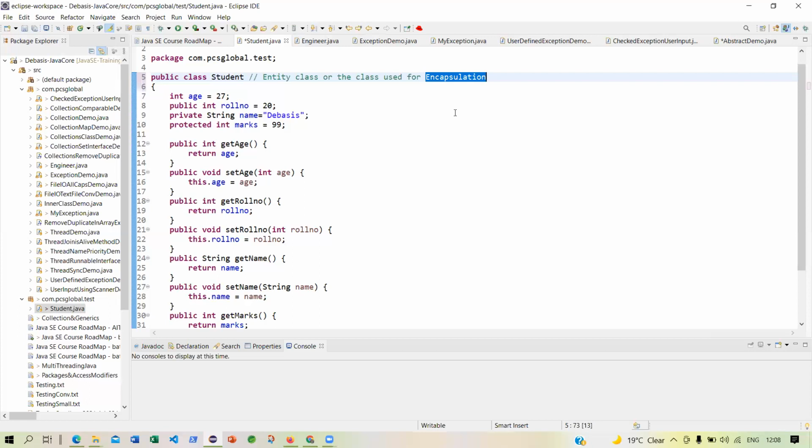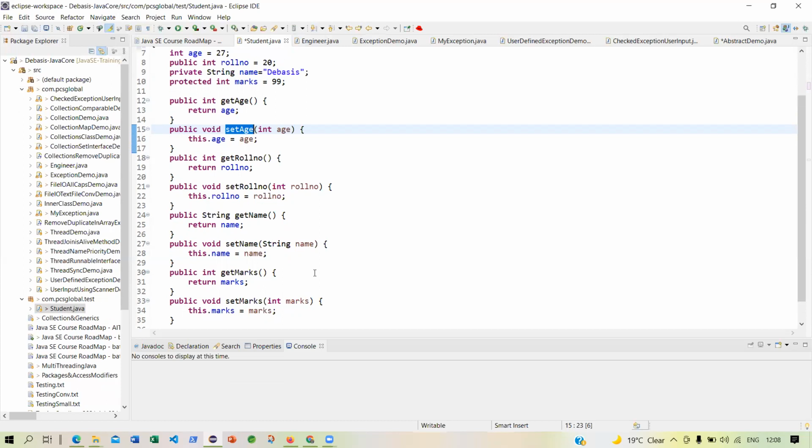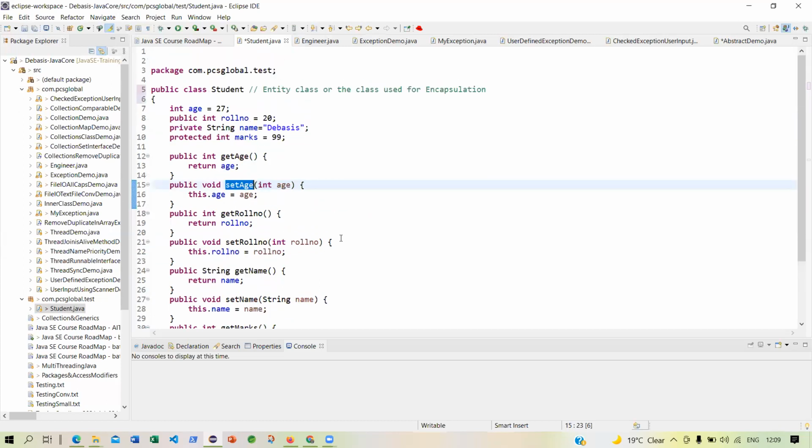So did we not discuss that you will declare the data, and then you will use private or public or protected, and then you will have getters and setters, and at the very end you can also override the toString method of the Object class, so that you can display this object correctly in a particular format. Otherwise, you will display only the hash code. You will not understand. So this is called the entity class.